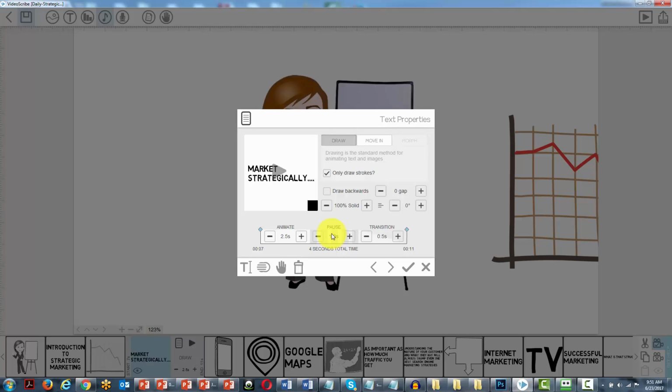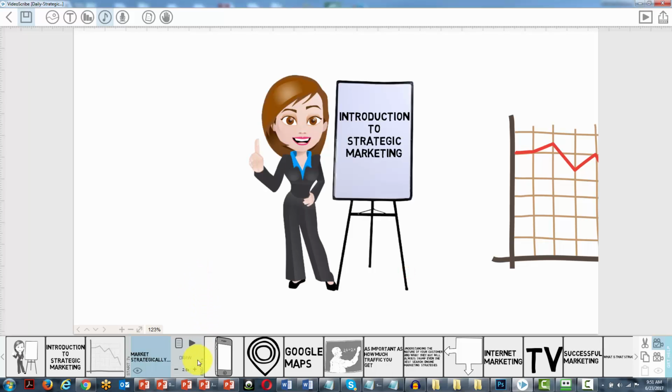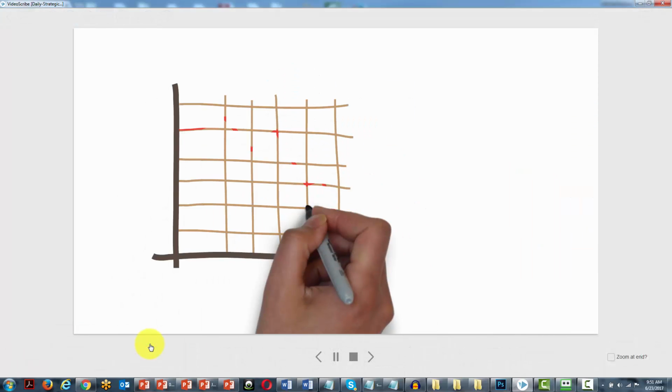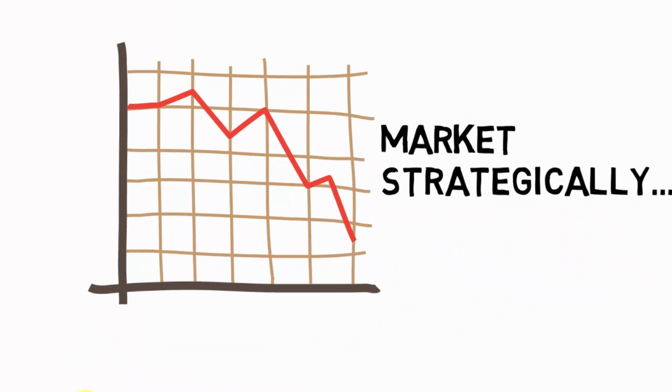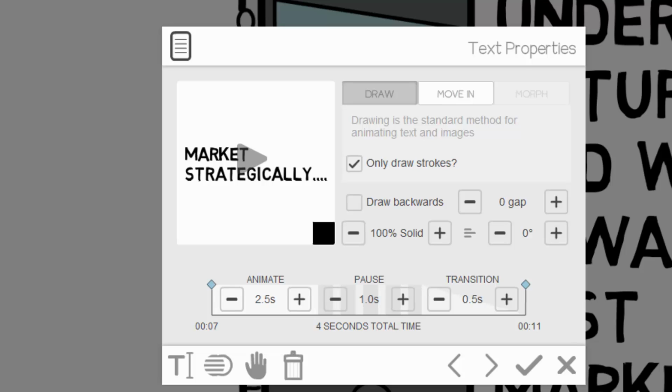And so you are actually doing each scene as one piece, but you control the pause so that it gives you additional time for the words to appear on the screen. So for example, let's take a look at market strategically after the chart. Or in difficult economic times, they must market strategically. That means that... Okay, so you'll notice that there was no pause after the chart, but then there's a slight